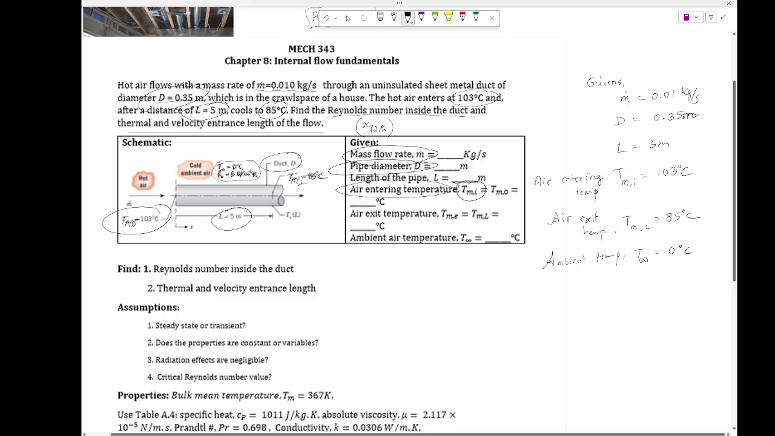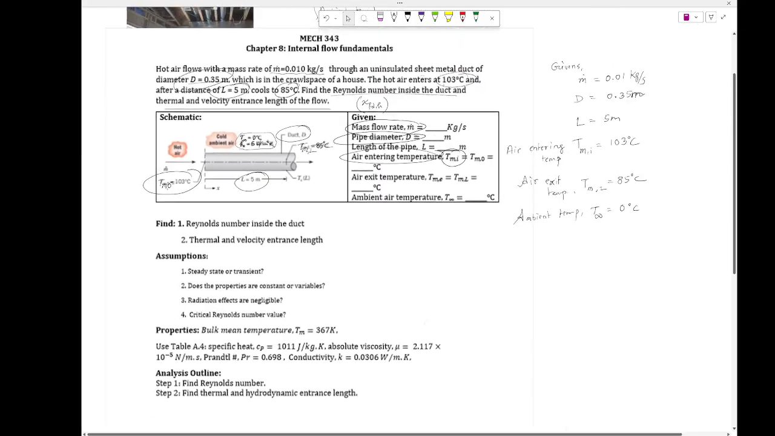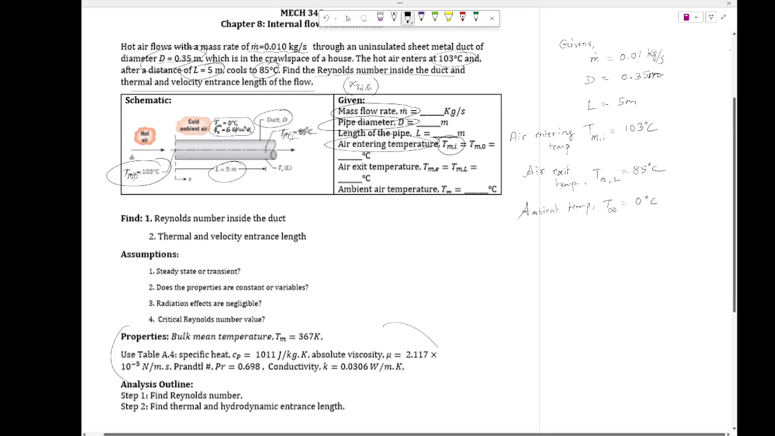What else? So then the properties. These properties, I have it here though, but I'm going to write it anyway. The properties you're going to explore, what temperature are you going to explore the properties at in this case? Is it the surface temperature? Is it the mean temperature? Is it the film temperature? Mean temperature. Okay, already I tried to establish that. So let's assume the bulk mean